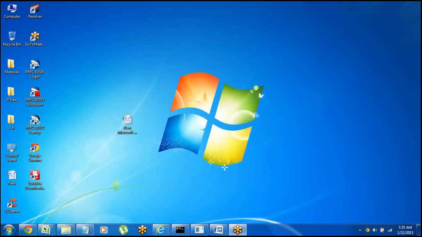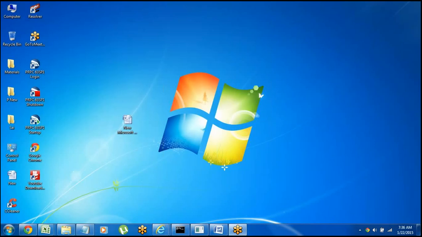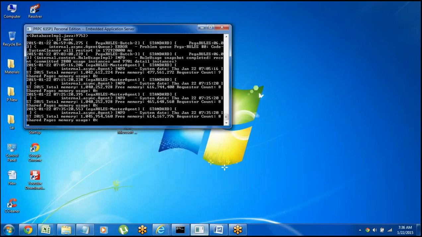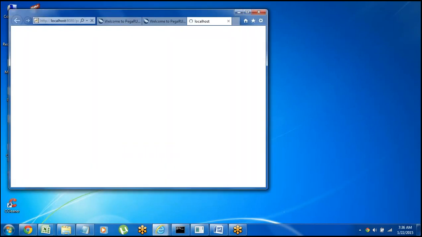After clicking on this, it will take around 3 to 5 minutes for the server to start. Already I started the server here. Once the server is started, the server window must be open. Just minimize that server window, and we need to click on the login icon.